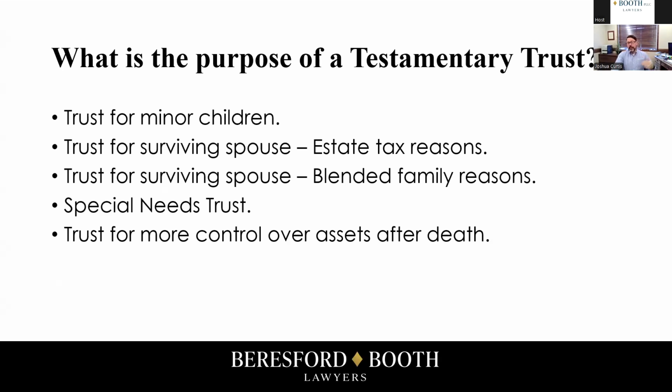But if they properly disclaim assets, then those assets go into the trust, and the surviving spouse is usually the beneficiary. Surviving spouse is also usually the trustee. So the surviving spouse manages the assets in the trust for themselves, and then when they die, it goes probably to the children. But wherever the first person to die said it goes after the spouse dies, that's where it goes. But the surviving spouse gets to use it for the rest of their lifetime.